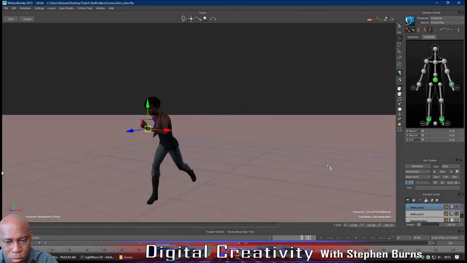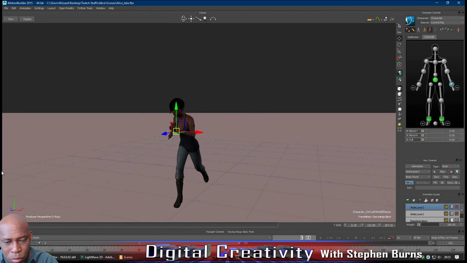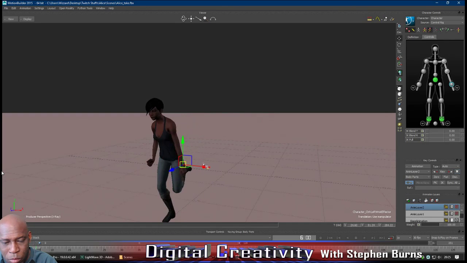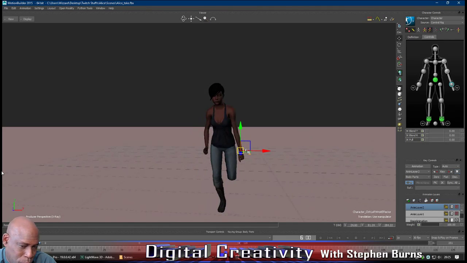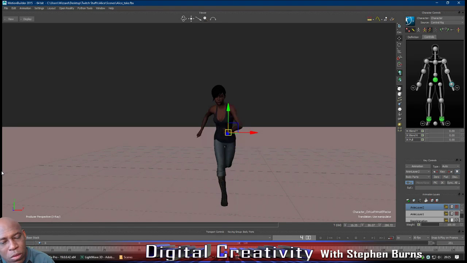And then again, just to go on what Oliver said about penetration, things like the hands, let's do another layer just to keep this nice and neat. So if a hand went through a thigh, which is quite common because the motion capture file is set up for the person wearing the suit, that may not be the same shape as the person or the character you've got. So again, if I go,